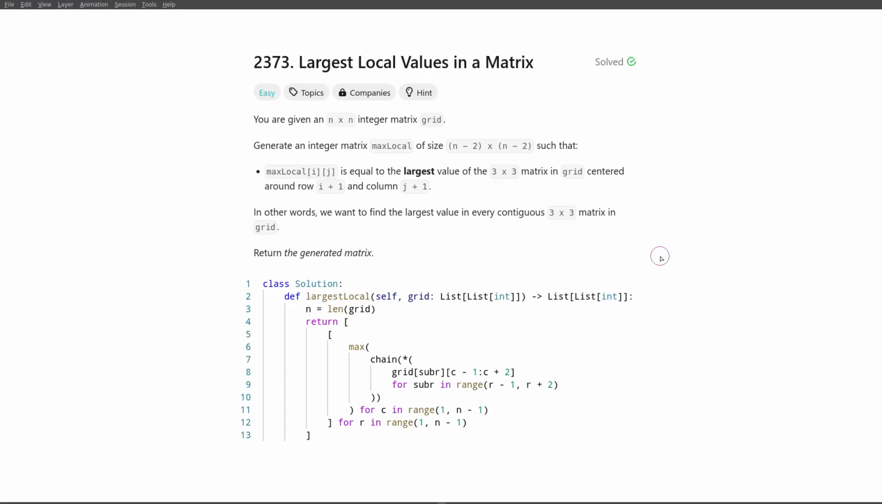Hello everyone, today we'll talk about the problem largest local values in a matrix. We're given a matrix that's n by n, so it's a square. We want to return also a square matrix, but smaller by 2, so n minus 2 by n minus 2, such that at every position we have the maximum in the original grid of a 3 by 3 square centered